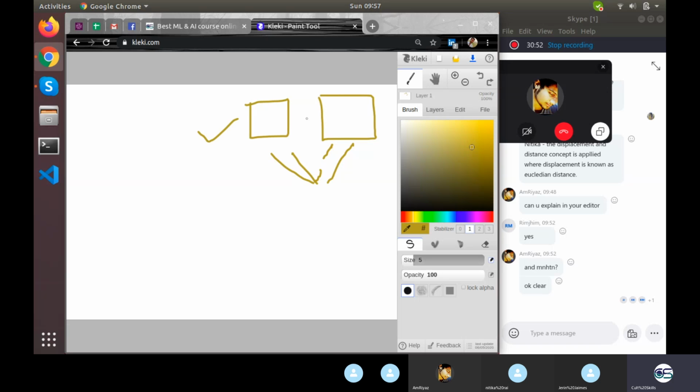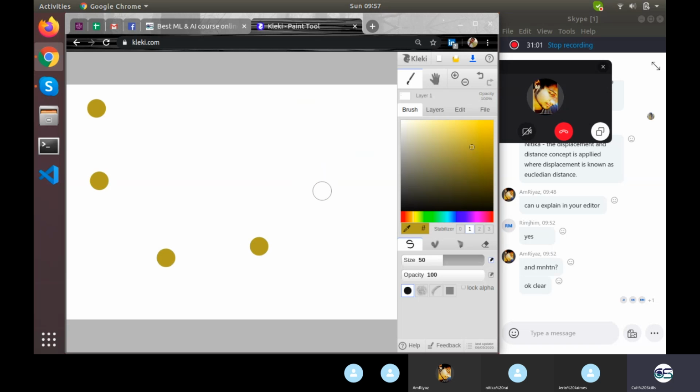This is how you need to take. Suppose there are 5 classes. So I will be drawing 5 classes right here. There is class 1, class 2, class 3, class 4, class 5. And your point is somewhat like here. If you take k value to be 1, again it will be accidental.